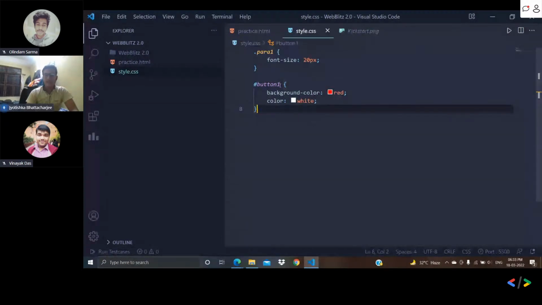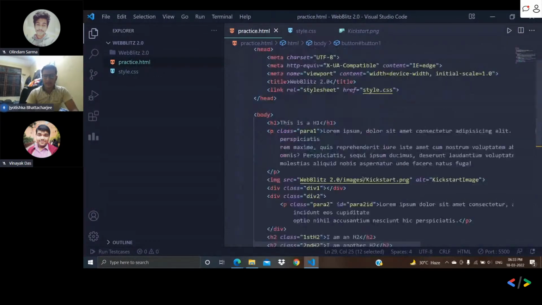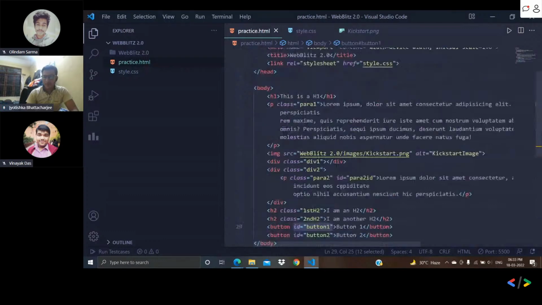But for the ID, you can use an ID only once. You cannot use an ID multiple times in a single file. Like I have written this ID button1 in this document here, so I cannot use the ID button1 anywhere else in this document. But here I have used the